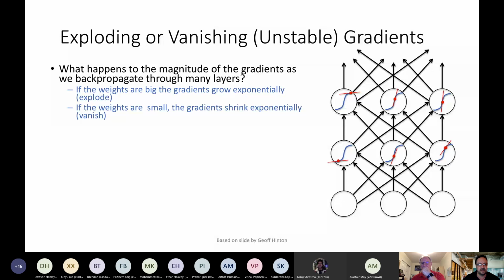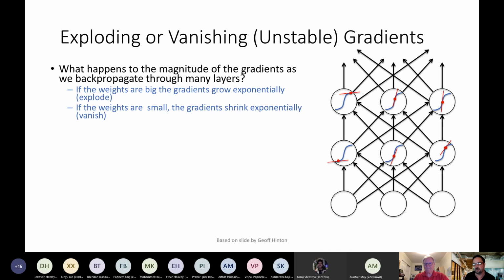And the idea is that if the weights get big, then gradients grow exponentially. And I mean exponentially as a power of the depth of the network. When I mention depth, I'm talking about how many layers we have beyond the input layer. So in this example, you have this lower level as the input layer. This would be the first hidden layer, so that's a network of depth 1. This would be the second layer, so now it's a depth 2, and so on and so on. And in practice, these are growing now out to be in the hundreds.